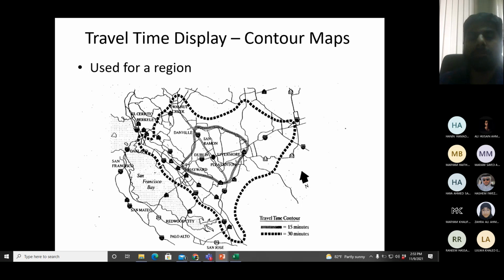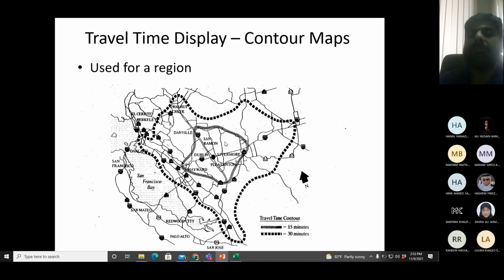So if the mall wants to plan for its traffic flow and parking, it should try to fulfill the requirements of this much area, because this area has a travel time of 15 minutes from the reference point.